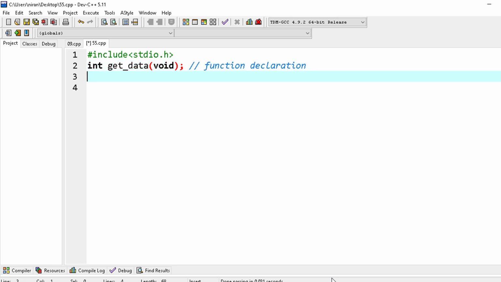After that, the main function, which is a system-declared user-defined function, as we also know.